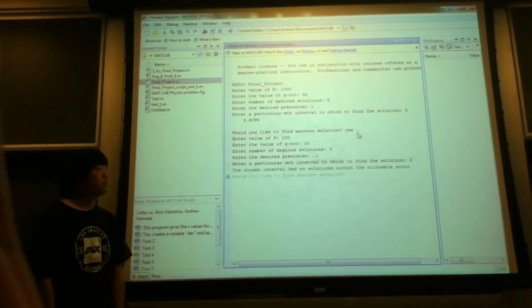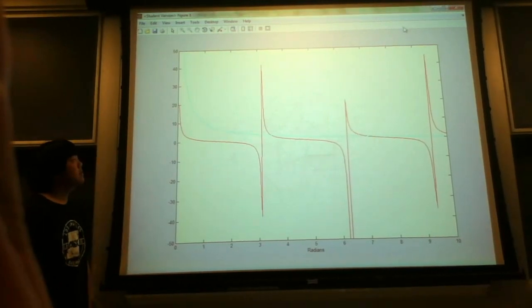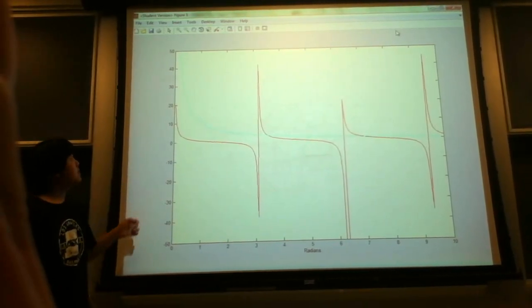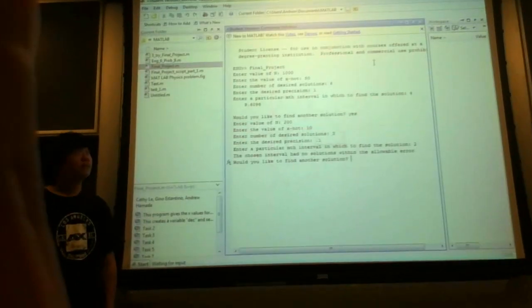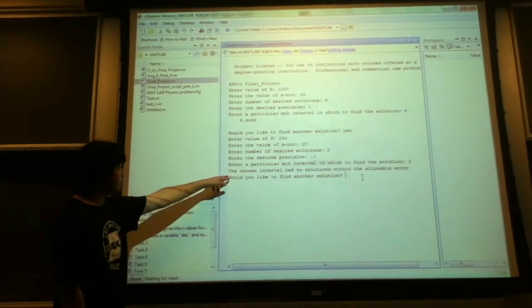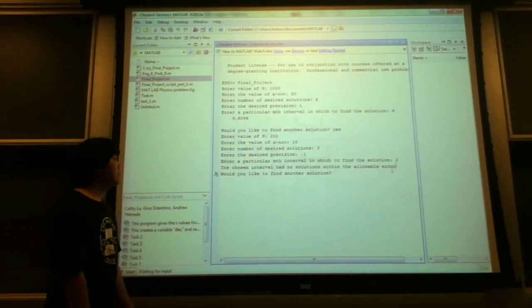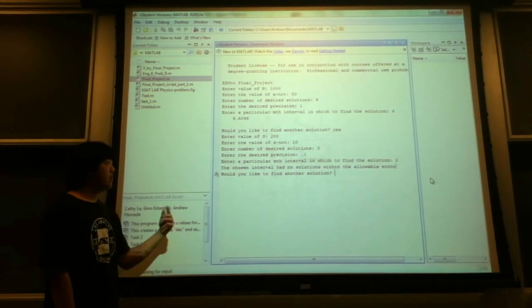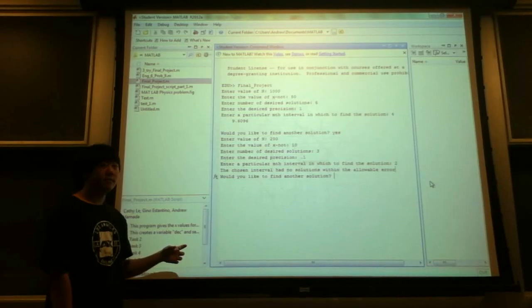And there's the plot again with 3 intervals this time. And then here's what happens if the interval asked for has no solution. The program found no solution within the